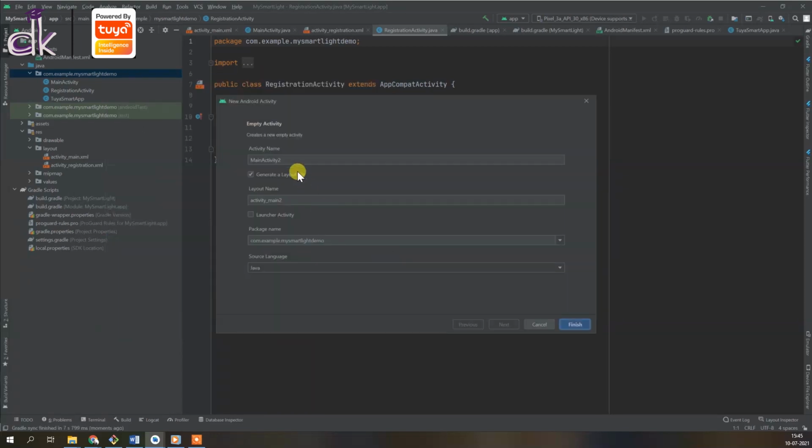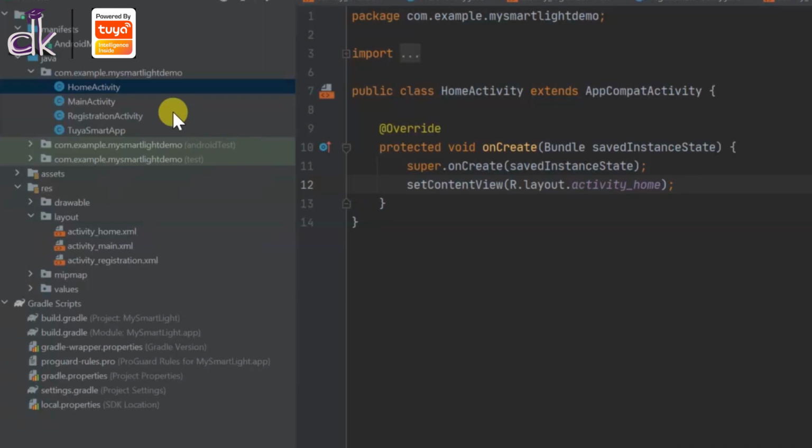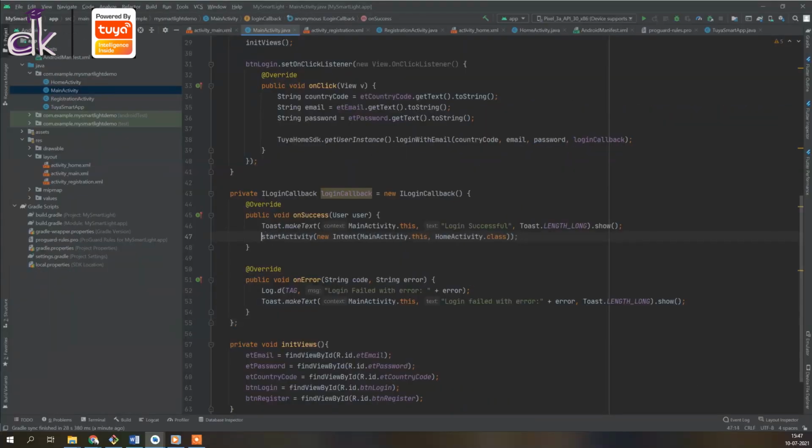So again, empty activity, and let's call it the home activity. Okay, so we have created the home activity and we have also created our registration activity. So you can go to main activity and then just uncomment that line. So now you see that there are no errors.